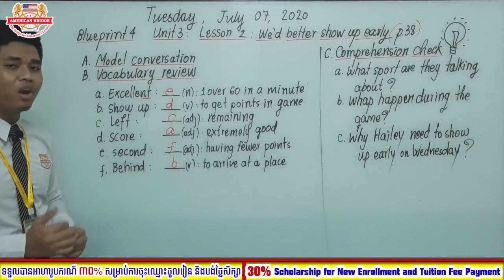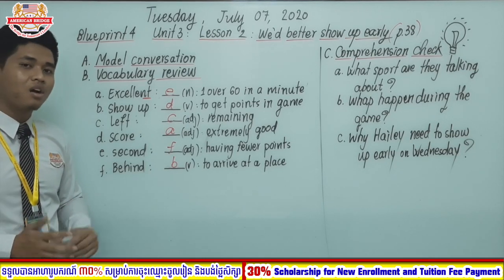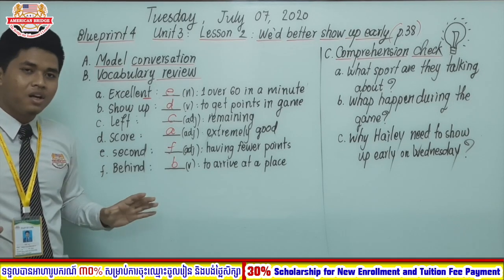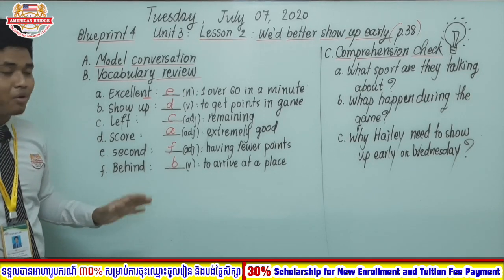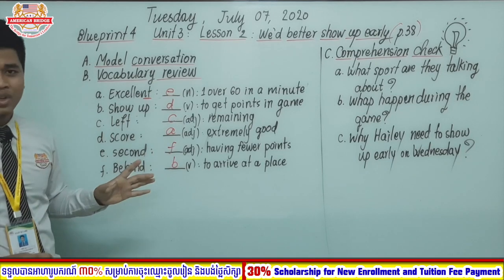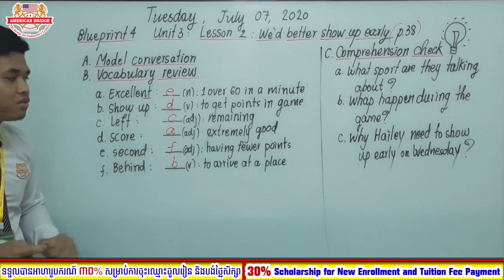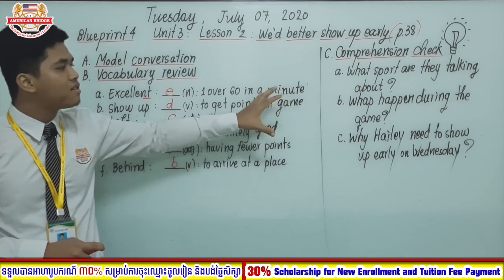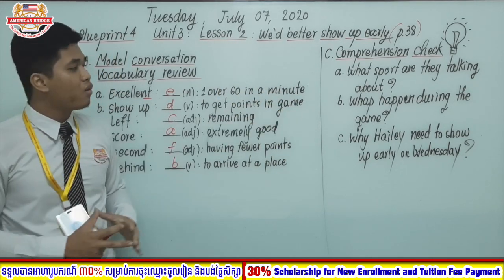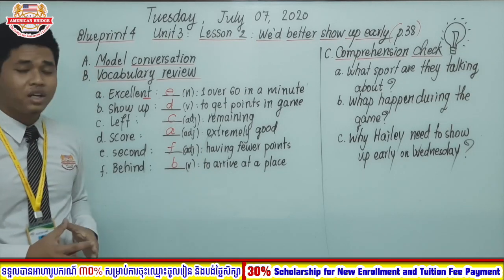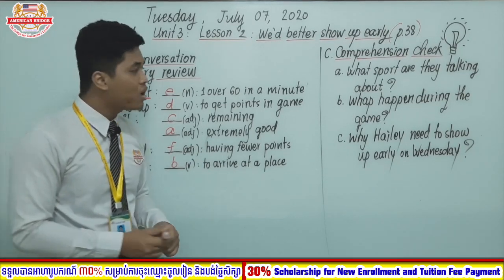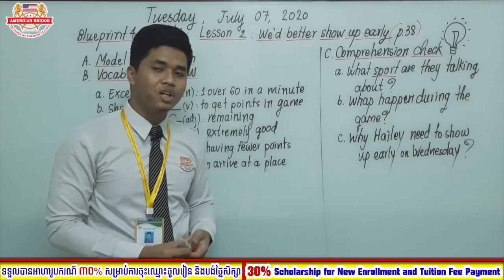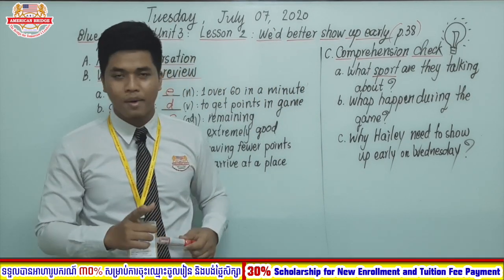So now I would like you to listen to the conversation again. And this time, vocabulary is not a problem for you at all because you already learned a lot of vocabulary. But what you need to do is to listen for specific information, and that information is the questions on the whiteboard. So question A, what sport are they talking about? The key word here is the word sport. You need to pay attention to the type of sport they are talking about.